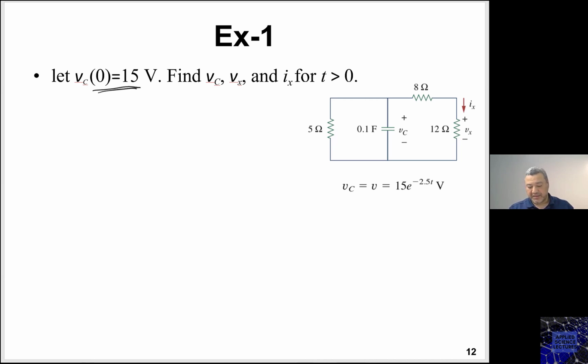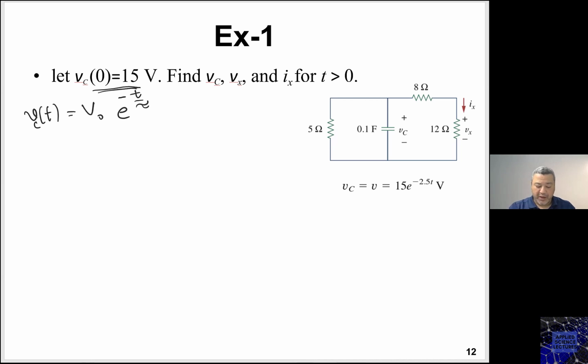So in this case, as I have seen, the relationship is an exponential relationship. So V(t), which I'm calling here Vc(t), is indeed V naught e to the power minus t over tau,